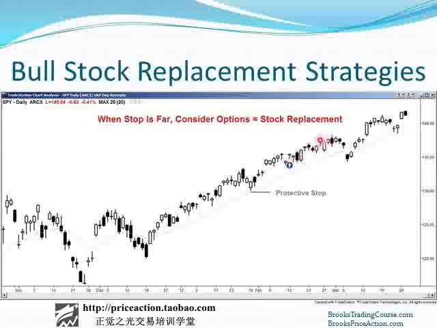Yes, you won't make as much as you would had you bought 100 shares of the spider, but your risk will be less. If you buy the spider and your stop is down here, you're risking $500 on 100 shares. If you buy a call for $2, your risk is $2. The most you can lose is $2. And yet you'll still have a good gain if the market goes up here. So options provide an alternative to stocks whenever the risk is big. In other words, whenever your stop is far away.